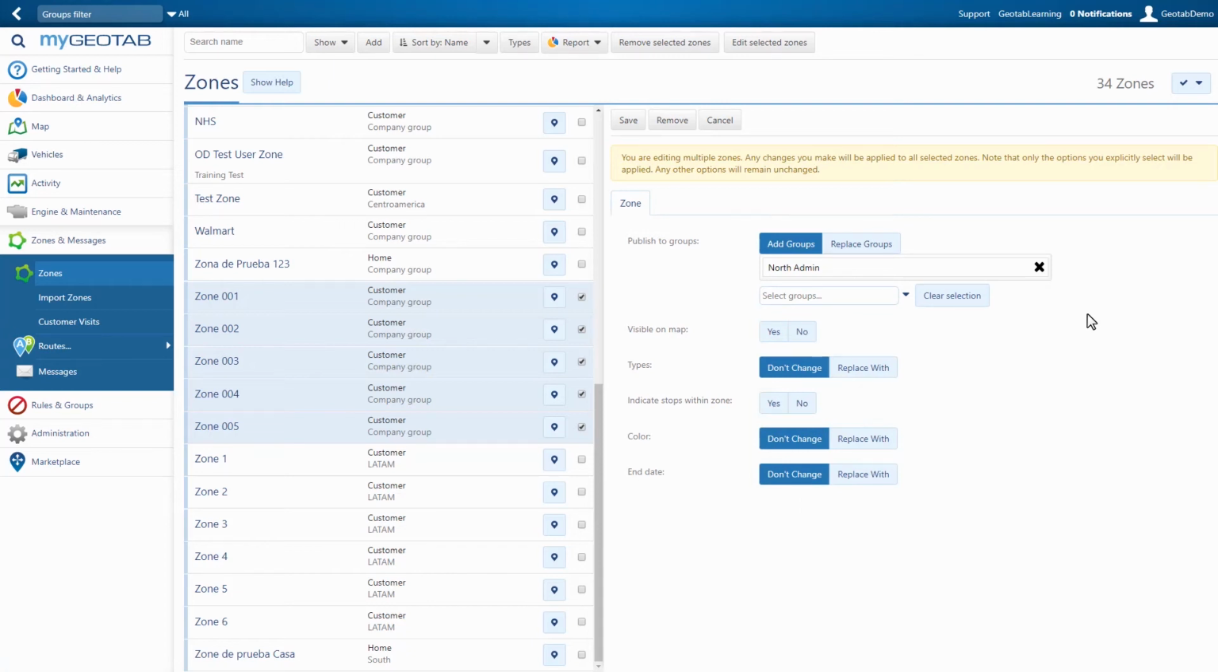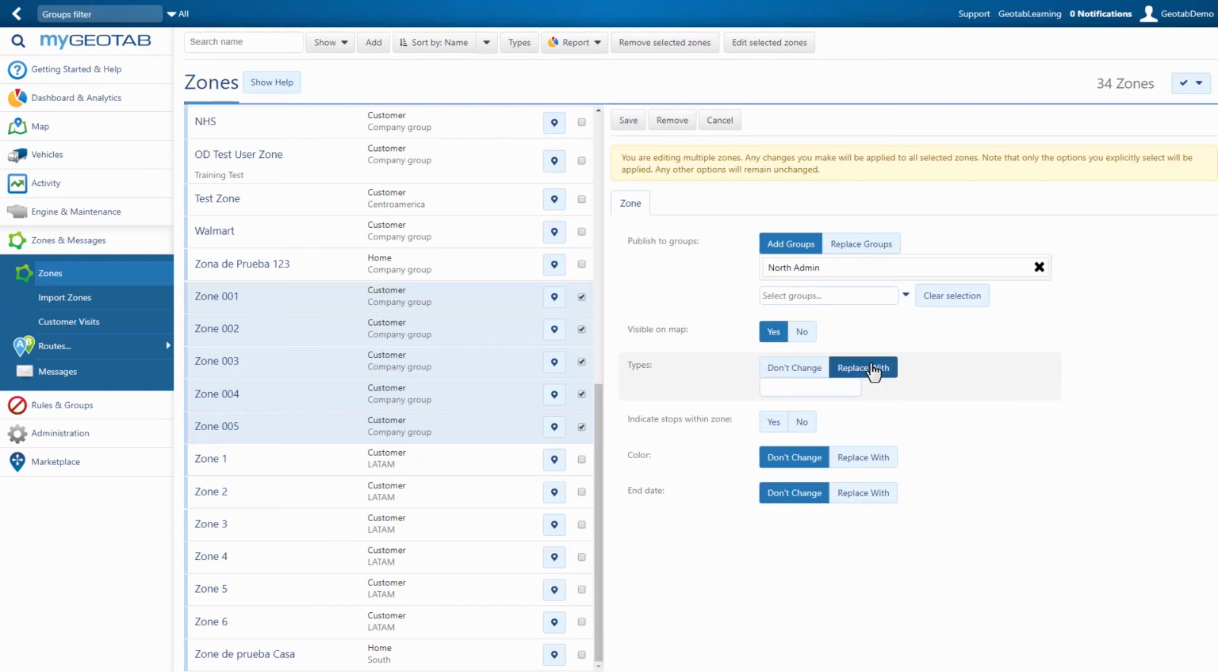You can also determine if the selected zone should be visible on the map. The next option allows you to select their zone types. After selecting Replace With, click the text box to display a list of available zone types, from which you can